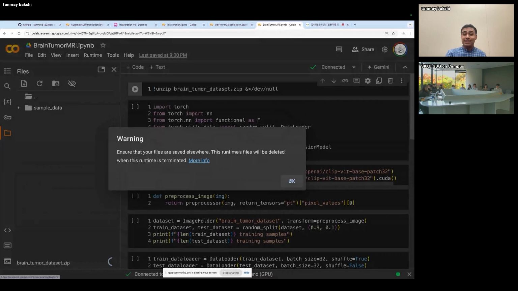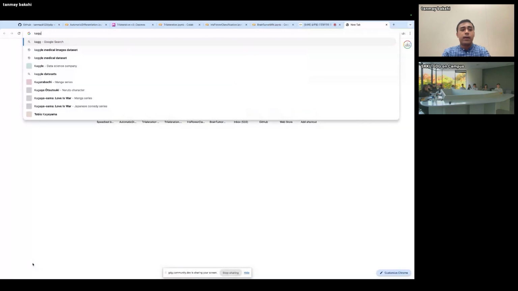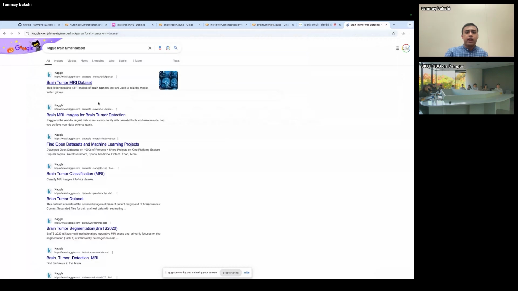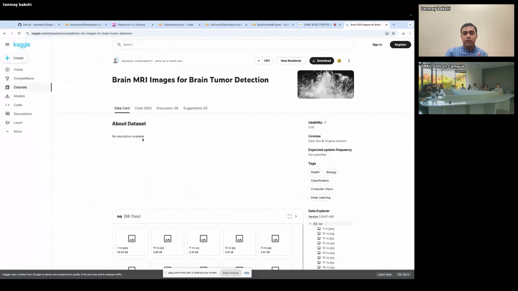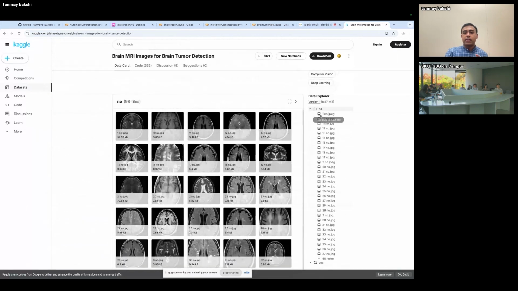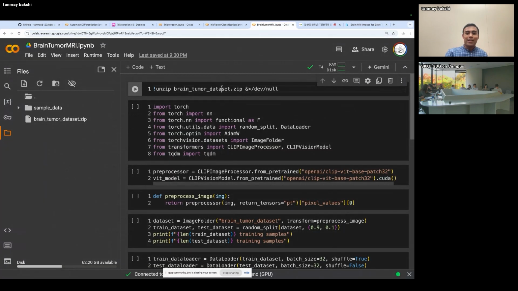And there's also a dataset that I provide with this notebook, the brain tumor dataset. It's from Kaggle. If I just pull this up here so you can take a look at it, it contains images of brain MRIs. Yep, there we go. It contains about 100 of them with no tumors and 100 of them with tumors. And the idea is to train a model that can determine if there are tumors in these MRI images or not.